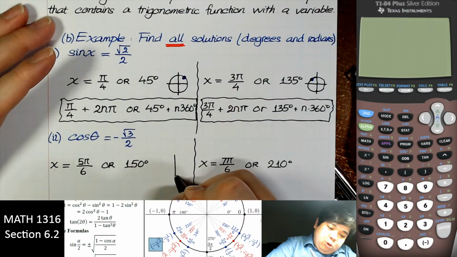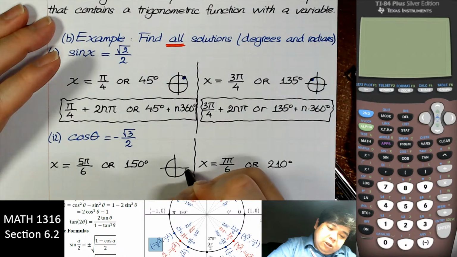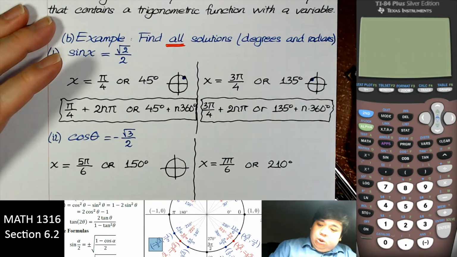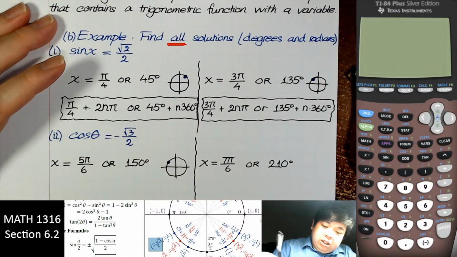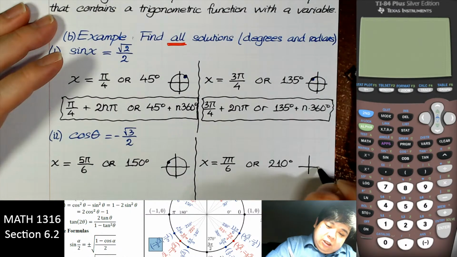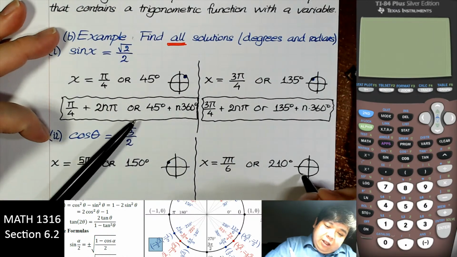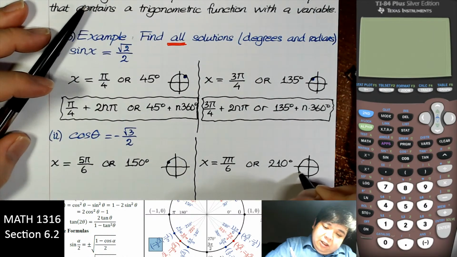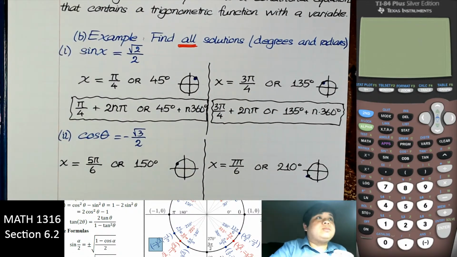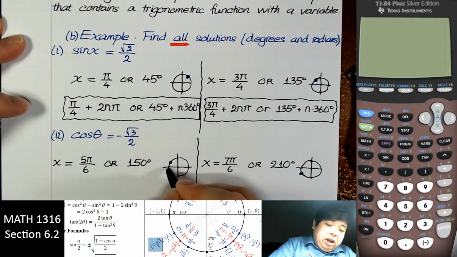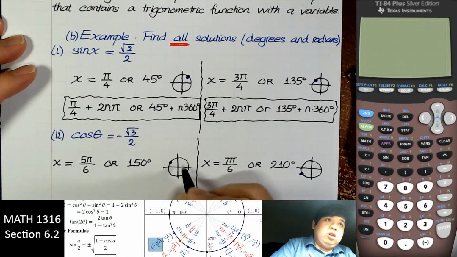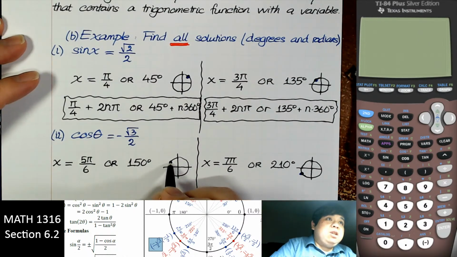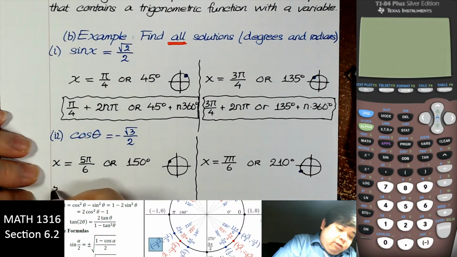So let's just plot 2 points. One solution is in the second quadrant, and one solution in the third quadrant. But then again, we might add a multiple of 2 pi to get a coterminal angle. We can go an extra revolution around it. As long as we have this point, we're good. So we might have 5 pi over 6